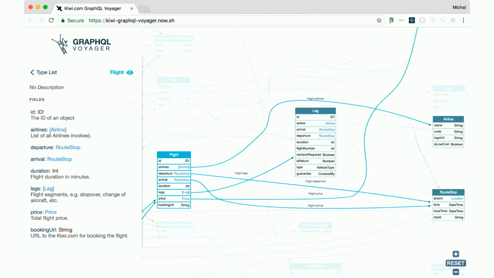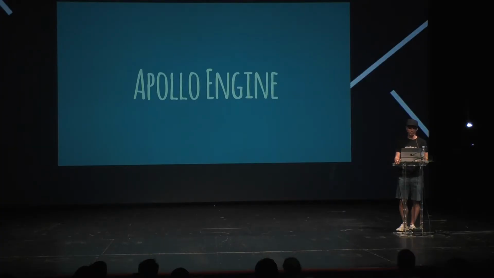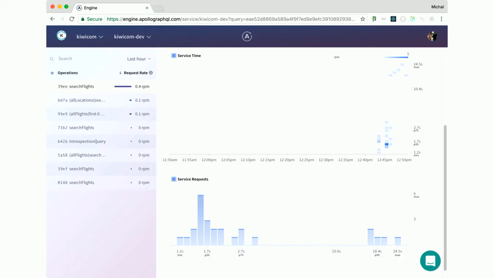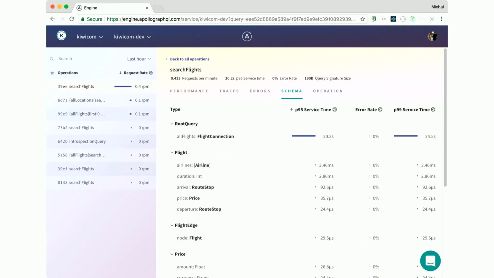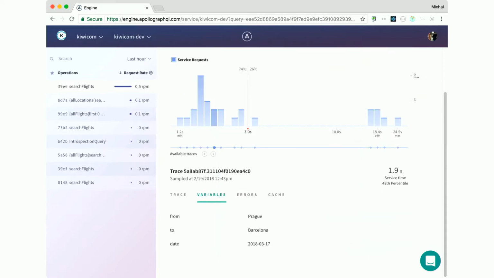Of course, you need to monitor your GraphQL proxy, so we are using Apollo Engine, which is performance monitoring with a handy dashboard overview. You can see all the queries that are being called, how much time it took to resolve all the properties. We can see the frequencies, times. We can dig into a single query if there was any issue. We can see what parameters it was called with, and we can analyze the problem.